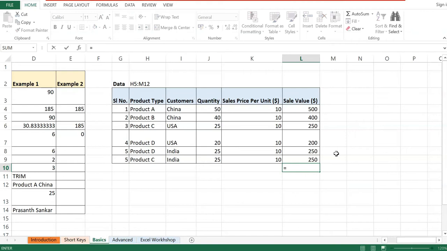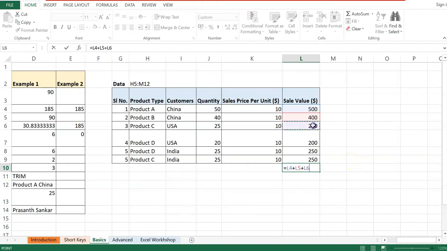The first thing that I'm going to do is add certain selected cells. From row number 4 to row number 9, I'm going to do some manual calculations, and I will teach you how to do that. If you want to do manual calculations, you just need to select the specific cells that you want to add. So let us say I want to add L4. So equal to L4, you put a plus symbol and add the next one,